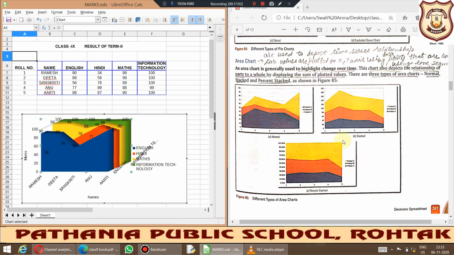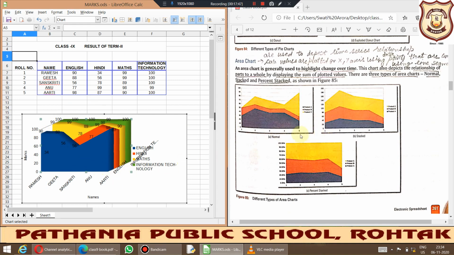Fine. So there are 3 variations in it actually. Basically data values are plotted on the x and y axis, using data points that are connected through the line segments. Actually, firstly, the data points, like Ramesh has scored 90 marks in English, and then he has scored 99 marks in mathematics. Okay, and so on we are representing, and he has scored very less marks in Hindi, sorry, so it has been hidden. Okay, so in this way we are representing. So firstly the data points are marked, and then these data points are connected with the line to give an area like appearance to it.